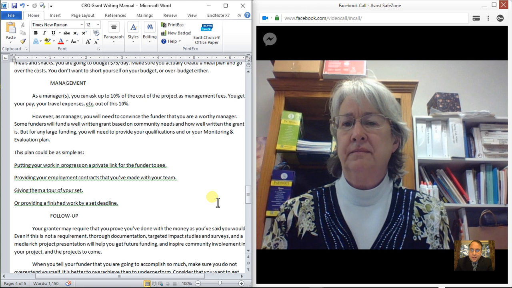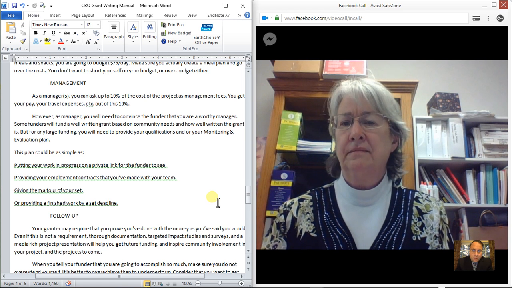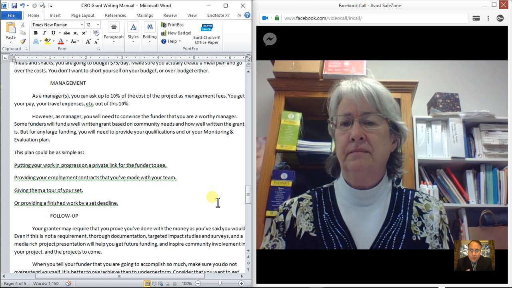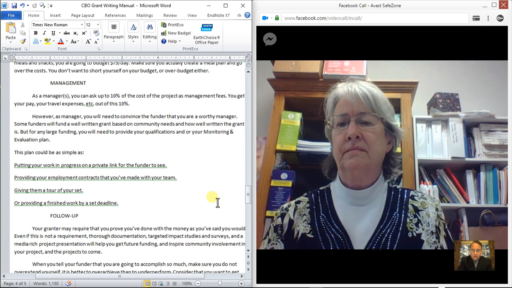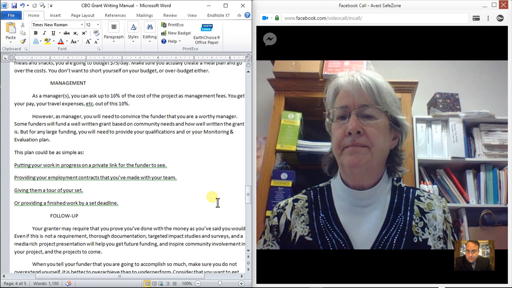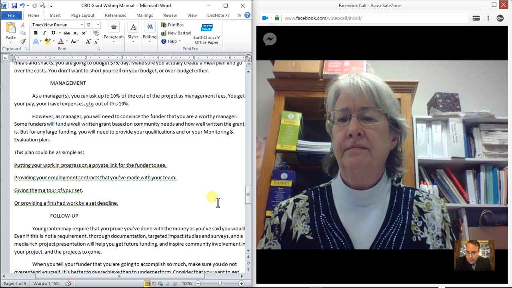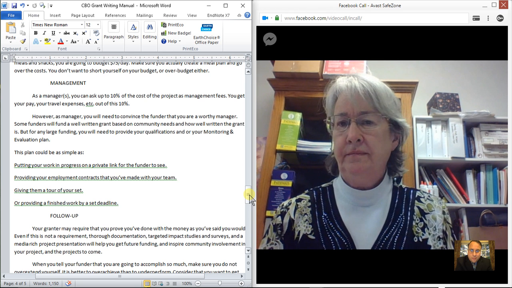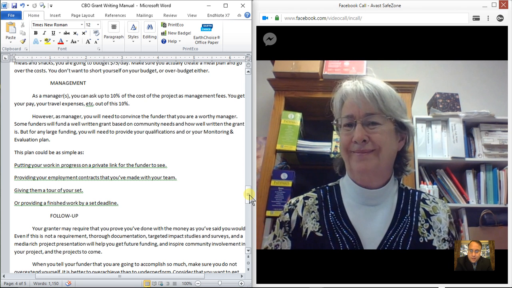Or if you designate another manager, somebody else to oversee it, they could put that salary into that grant. Okay? You don't have to starve while you work on something like this. So just calculate that in there. Realize that most funders will respect it, whether they decide to fund that salary or not. They won't be shocked by that because that's standard procedure.